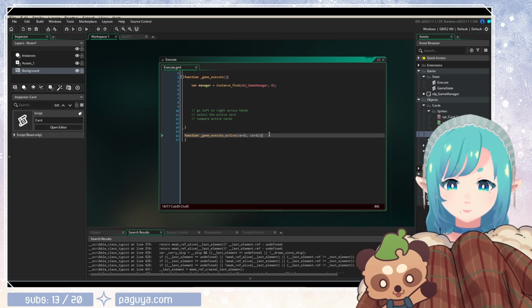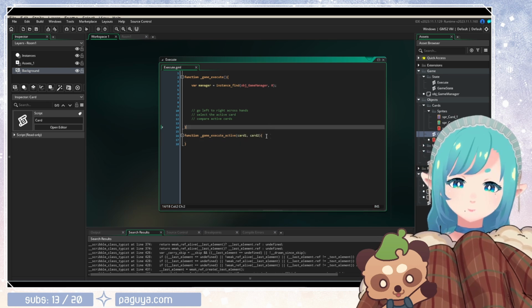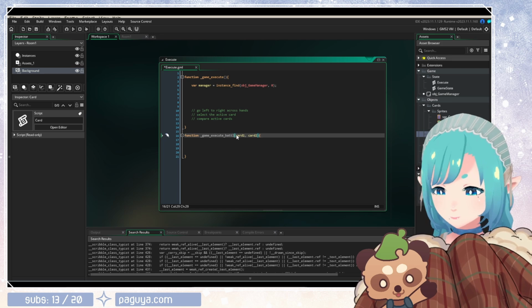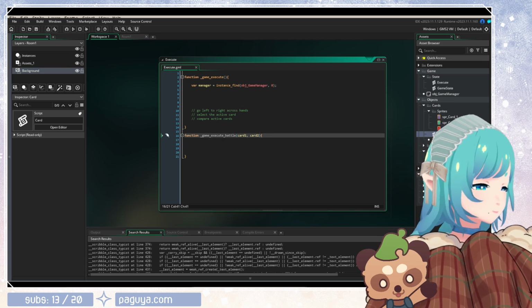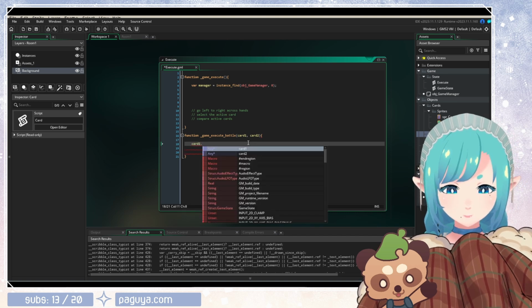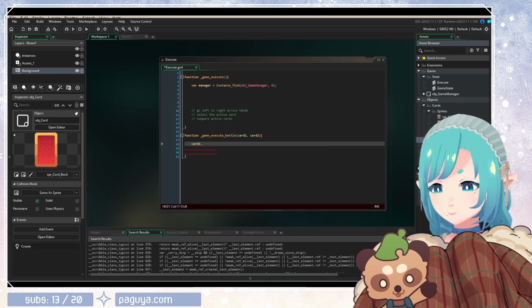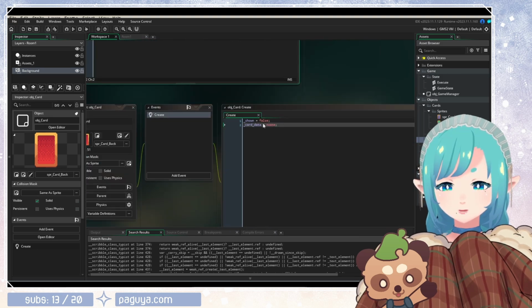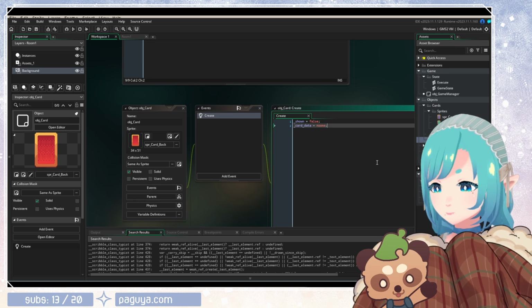Okay. And basically what we're gonna do when we do battle, we do card 1 dot card data, or actually this is where we start using functions, but